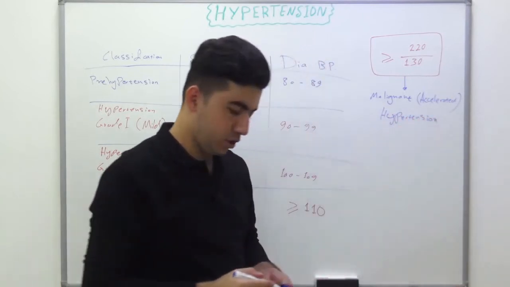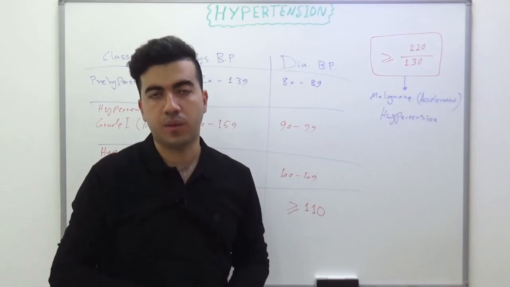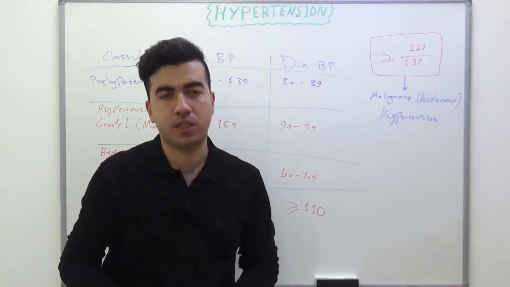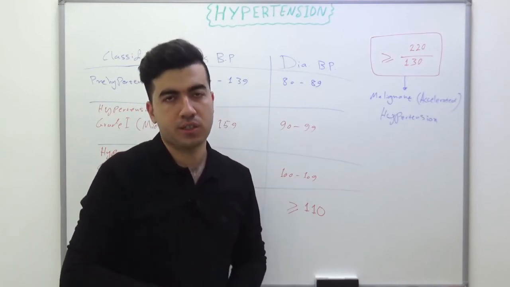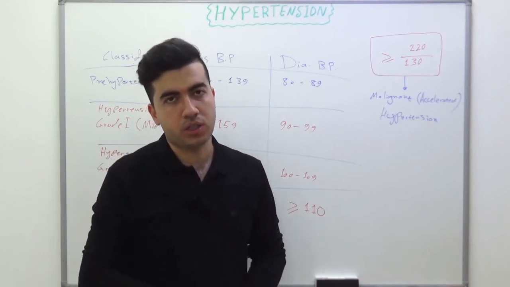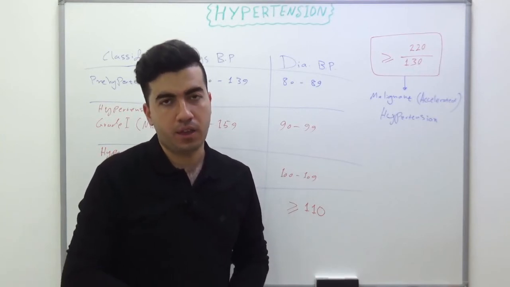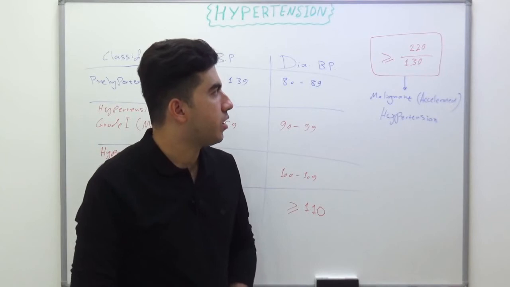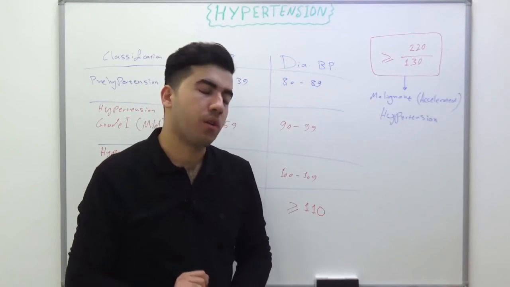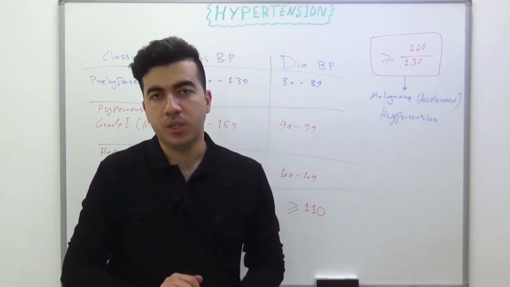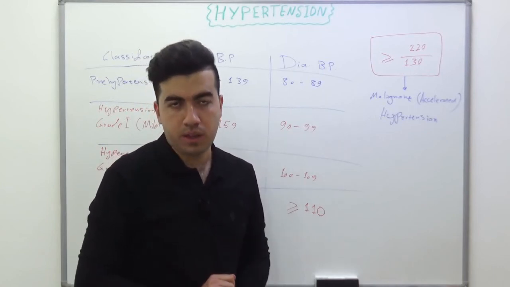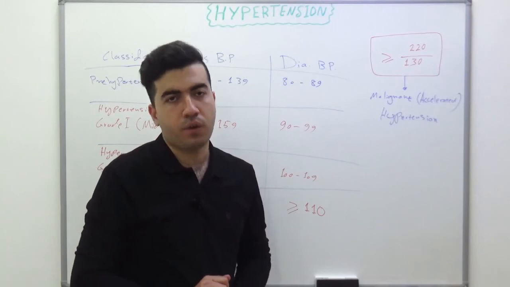What's malignant hypertension? Of course, it's not caused by a malignancy, but because it's a very rapidly progressing hypertension. The blood pressure increases very rapidly and is associated with rapid complications of hypertension, especially retinopathy. In malignant hypertension, the blood pressure is very high. Usually the diastolic value is more than 130 and the systolic is more than 220.